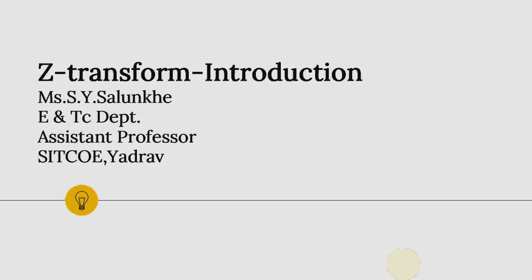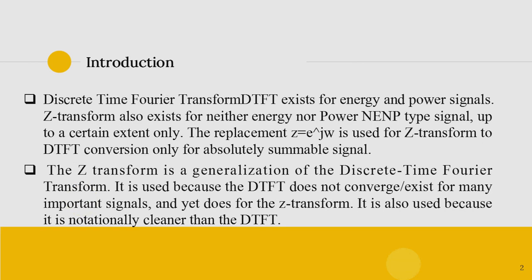Hello students, today we are going to start the Z transform, its definition and some introductory points. Introduction: the discrete time Fourier transform (DTFT) exists for energy and power signals. The Z transform handles signals that are neither energy nor power, that is NENP type signals, up to a certain extent only. The replacement of z equal to e raised to j omega is used to go from the Z transform to the DTFT